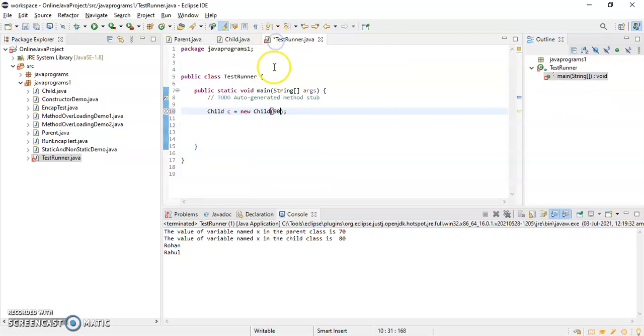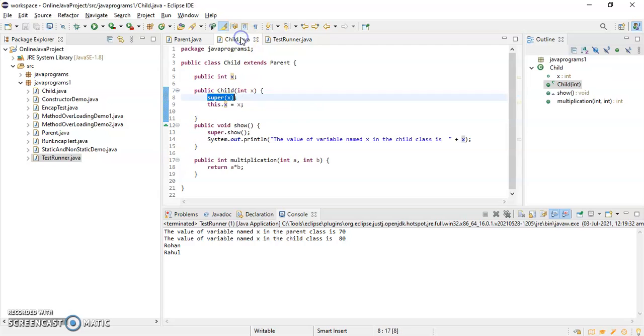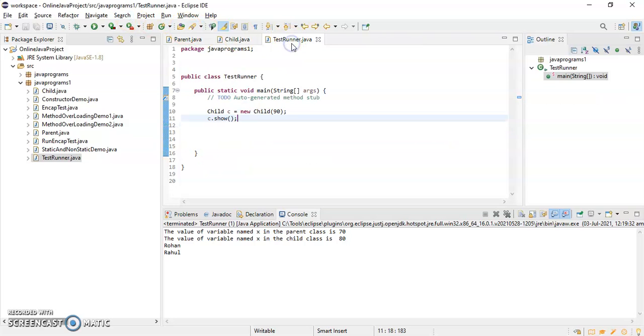Now if I write c.show, we are calling the show method of the child class, and inside it I am calling the show method of the parent class using the super keyword. So it will show the value of x of the parent class and child class both. Let me run this one.